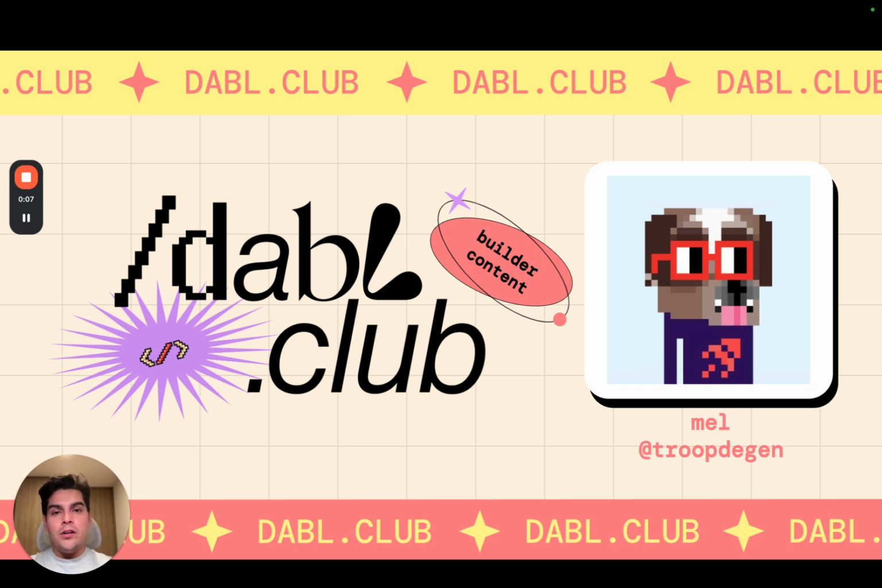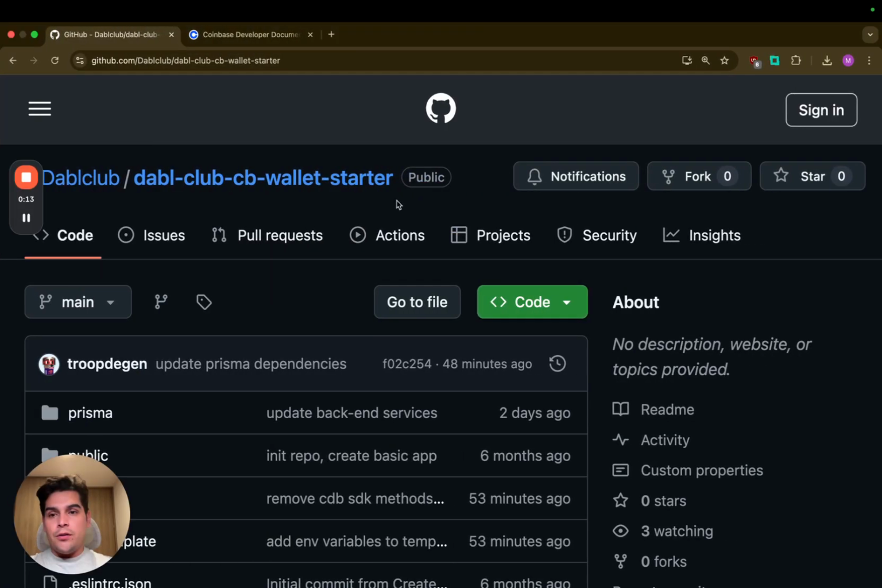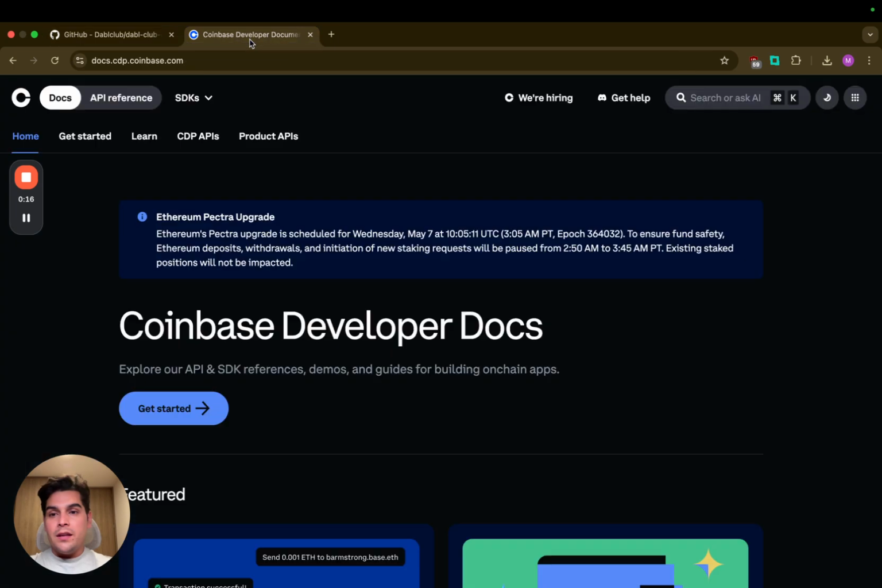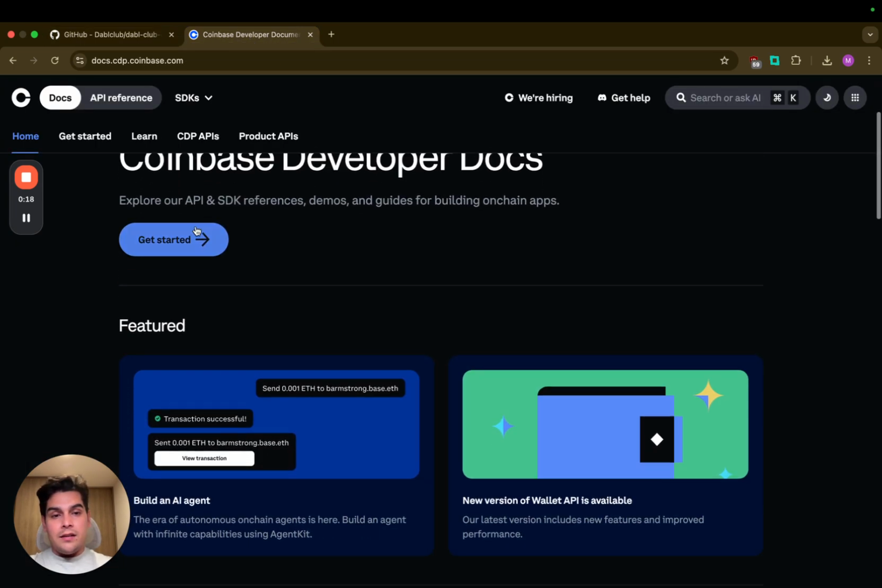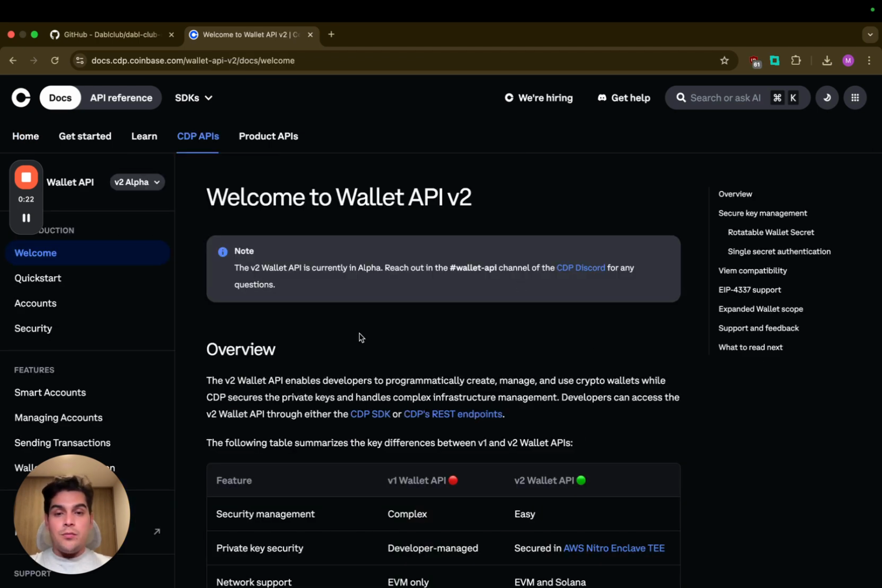We're going to do a quick tutorial on how to get started with Coinbase's Wallet API version 2. In case you don't know, Coinbase has just released its latest version of the Coinbase Wallet API, and it's very cool. It makes some changes to the previous version, where we now have a lot more access as developers to new